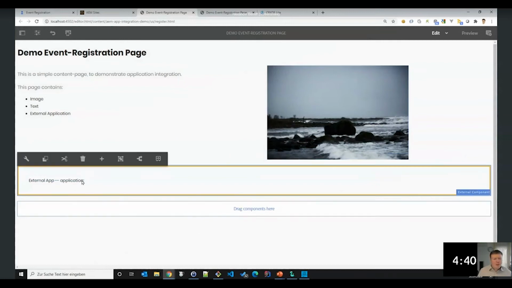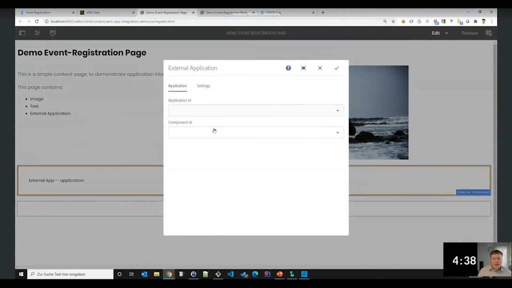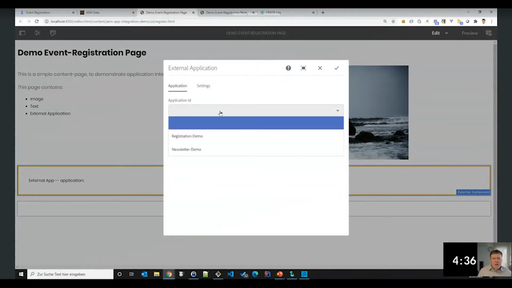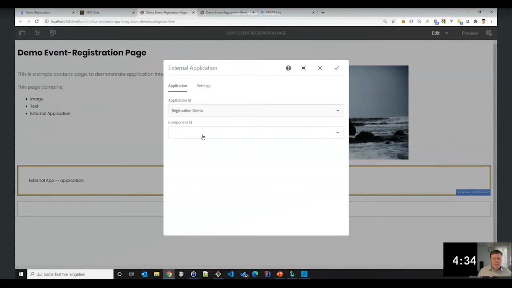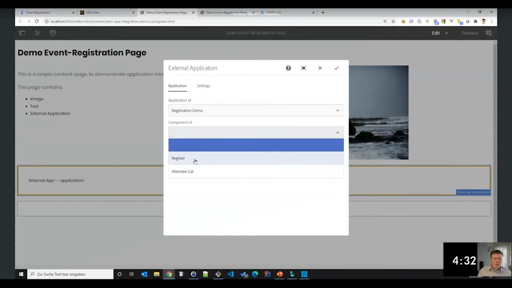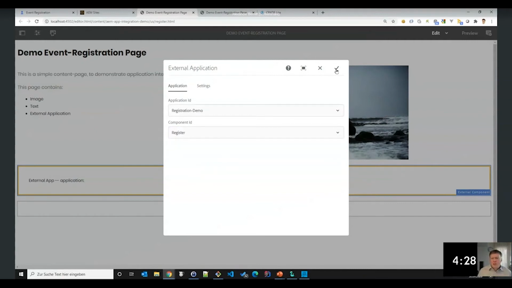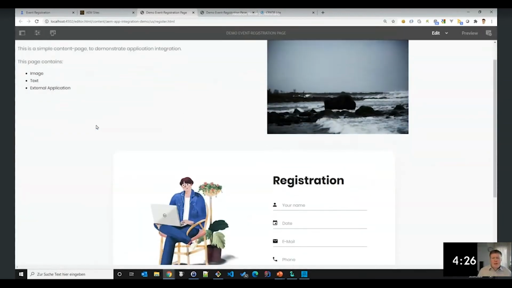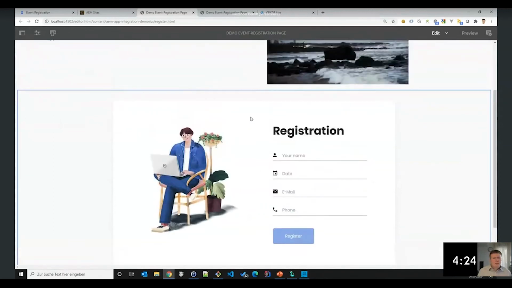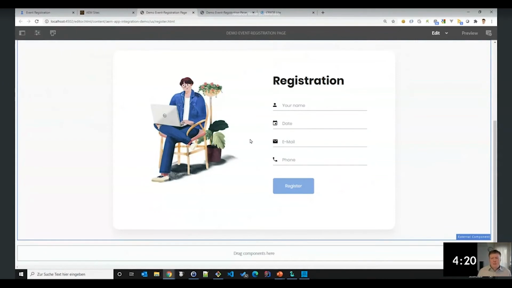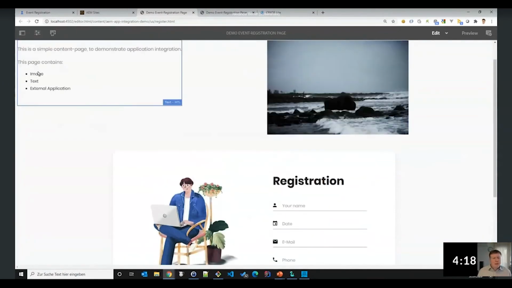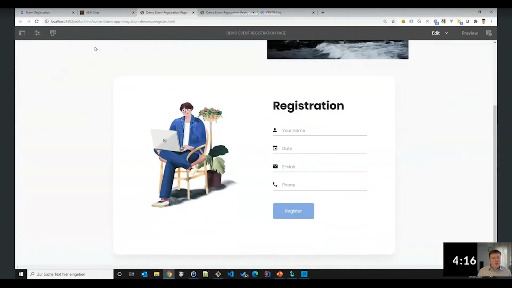I put an external component, and I select the application ID, the registration demo, and the component ID is register. So each application can more or less have multiple HTML snippets. Register, and here it is. It's already on your page. If I have some time, I will show you how this works in detail a little bit. But so this is in English because it's the US page. When I roll it out,